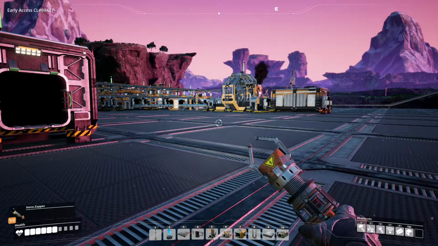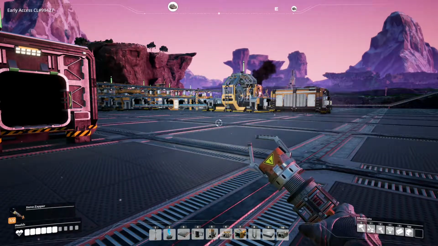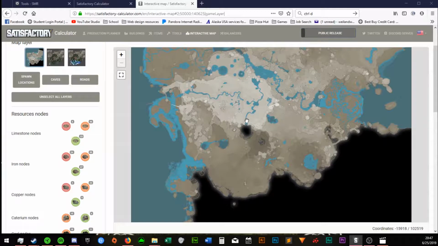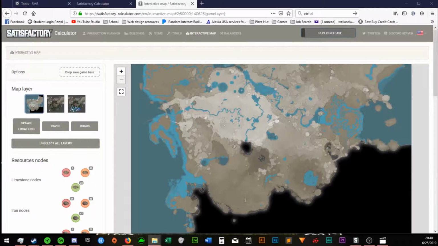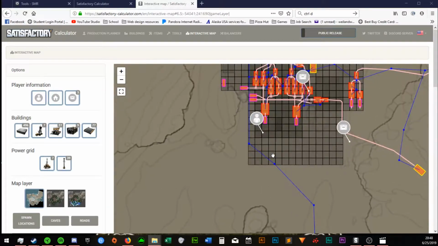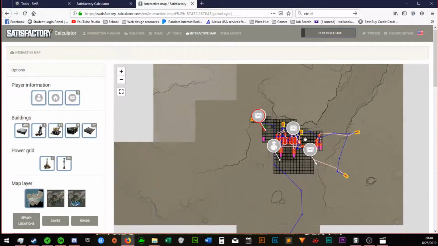So, if we look at our map, which is not available right now because we don't have it, but if we look at our map over here, and I do have to say that I did find a new map program, which I will link in the description below. This interactive map is really nice because you can grab your save file and drop it in here, and when it refreshes, it will show you your entire base. You can zoom all the way in, and you can see all of your buildings, and all of your power poles, and all your connections, and you can see exactly where everything is. But if we zoom back out,